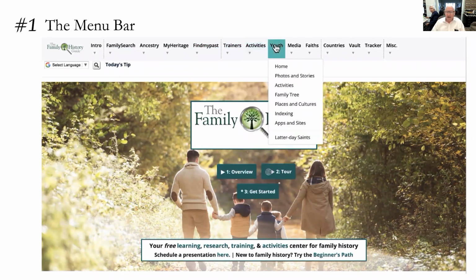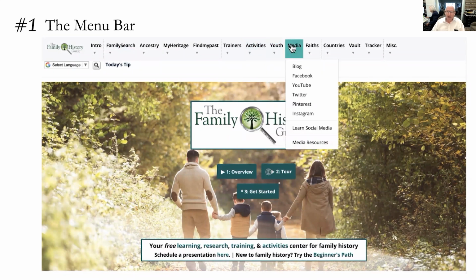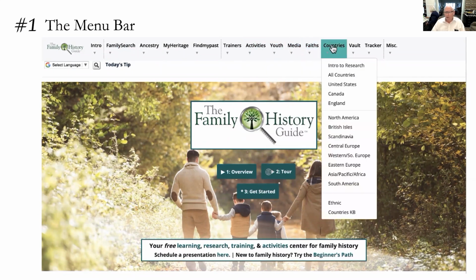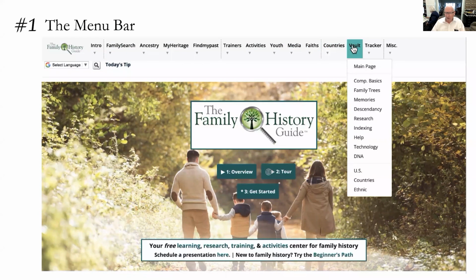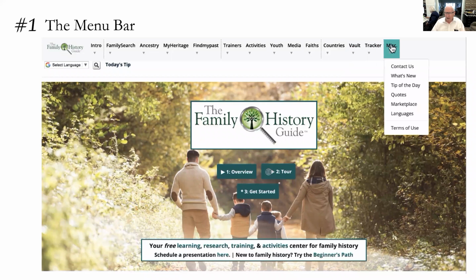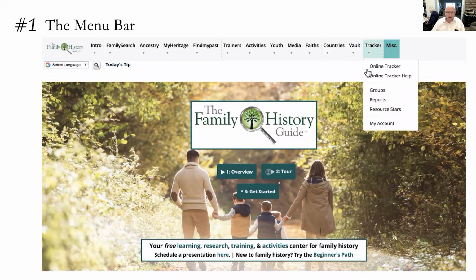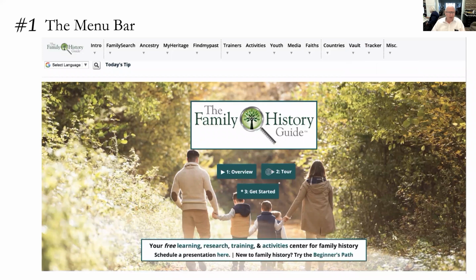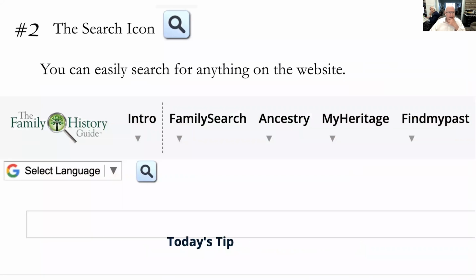As you click on those items, you'll see selections in the drop-down menu that give you access to all of the features of the website. I would suggest you take a few minutes and go through that process of just orienting yourself to how the website looks and what's available under the different menu bars. Number 2 is the search icon up in the corner of the website